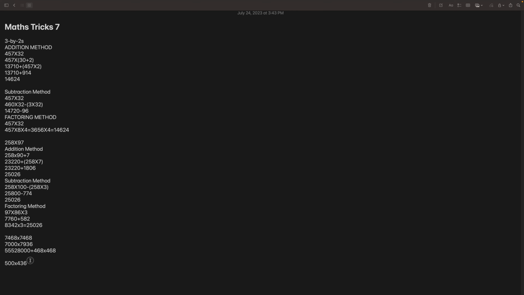Wait, yeah. There we go. So we have to do 500 into 436, and this is especially easy because we know the into 5 rule. So let's do 20 first. We can just do, instead of doing that, we can just do the 5 rule, which is split the number into 2 and then multiply it into 10. So this is 218 basically. So 218, and then we can get 1 0, and then we have to put 2 more zeros